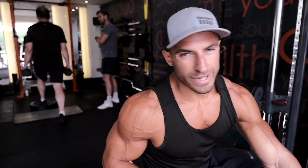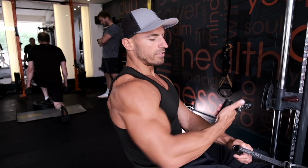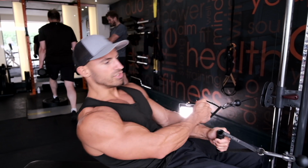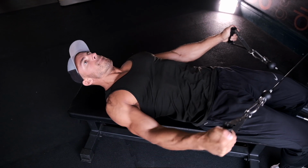So now we're going to move on to a lying cable lateral raise. We're going to aim for around 12 to 15 reps. What I do is I put my thumbs over the handle, try and reduce the amount which my forearm is engaging. A lot of people tend to externally rotate when doing this one, so that basically means when it comes